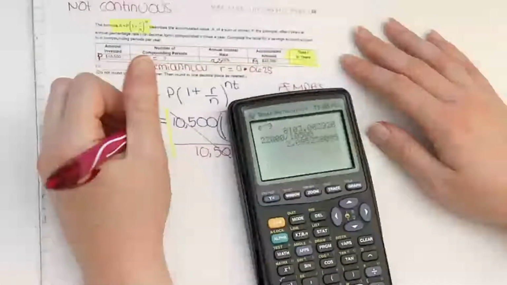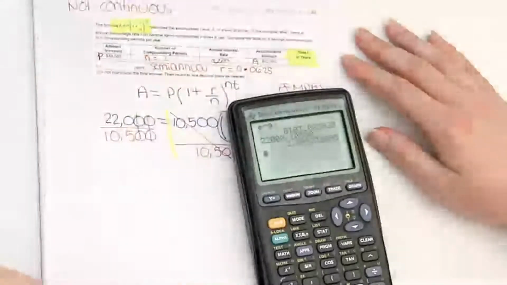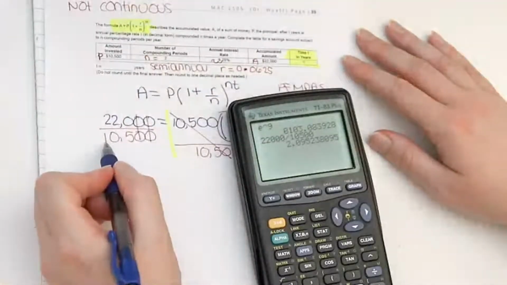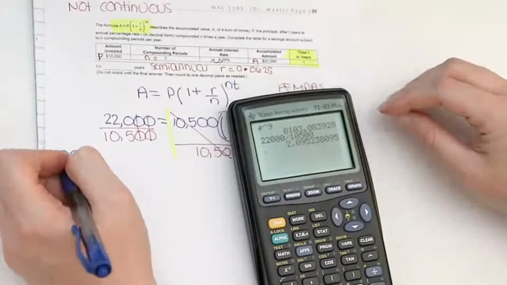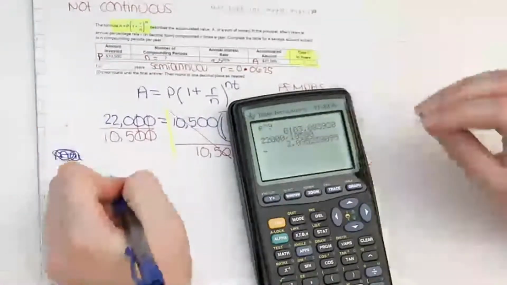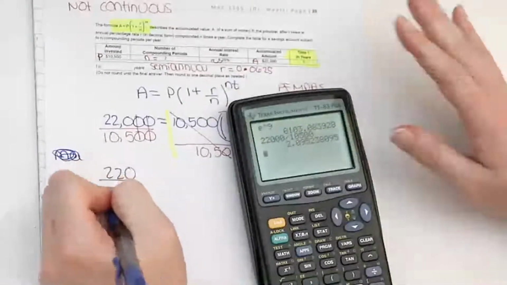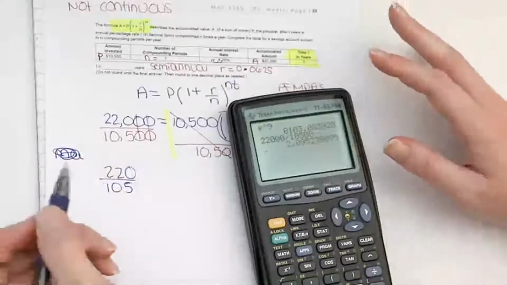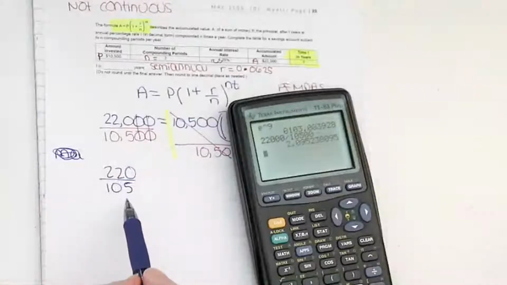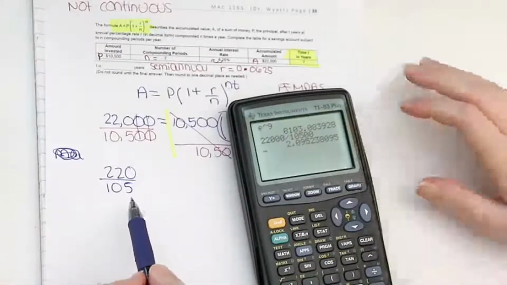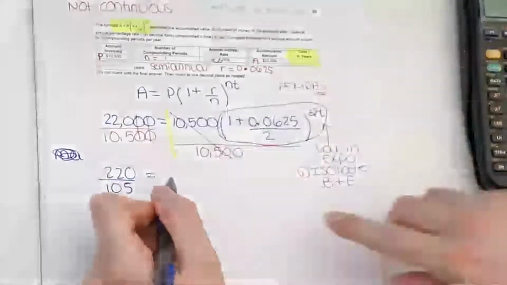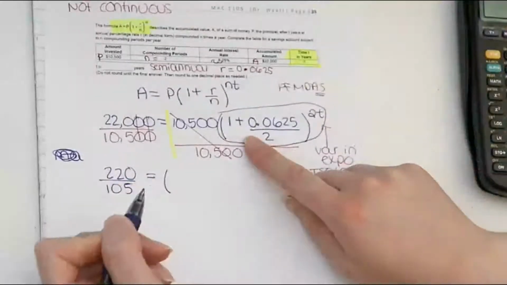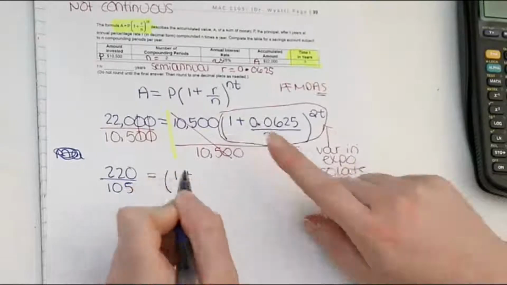You're going to say to yourself, okay, these zeros cross out, and the simplification of this fraction can be 2,200 over 105. Okay, so you're not going to sit there and actually use a decimal approximation. You're just going to do 2,200 over 105. And then that's going to equal, on this right-hand side, okay, we have 1 plus